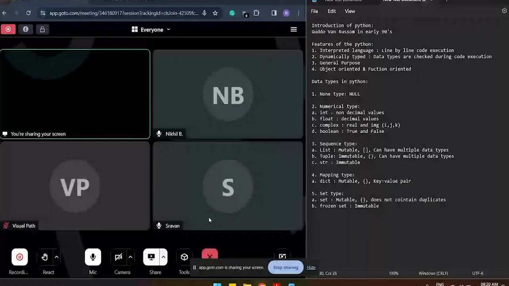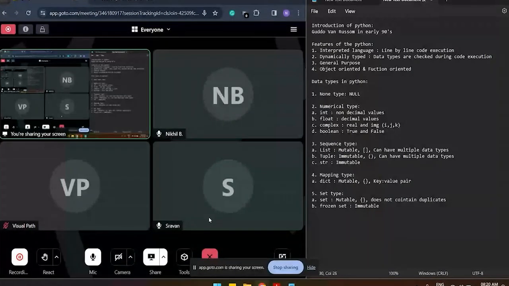It has a standard library, and it is interpreted. Standard library, dynamic language, object oriented and function oriented. These are the features, right?